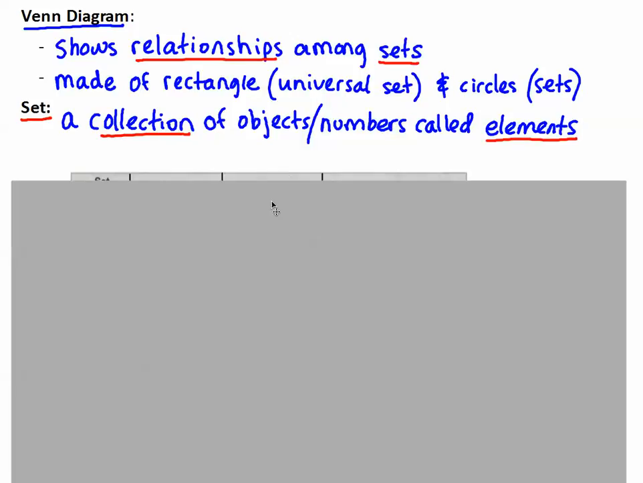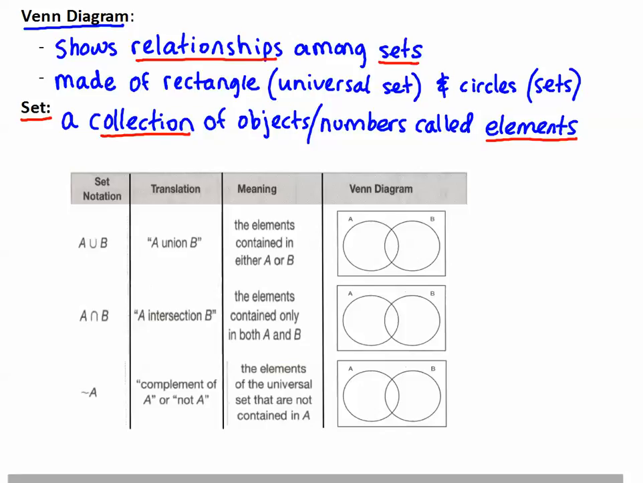Let's take a look at different ways to see Venn diagrams and describe them. First, A union B. We say union. We write it this way with the U for union. The elements contained in either A or B. So shading this in is going to look like anything that's in A and anything that's in B. So all of that stuff will be shaded in